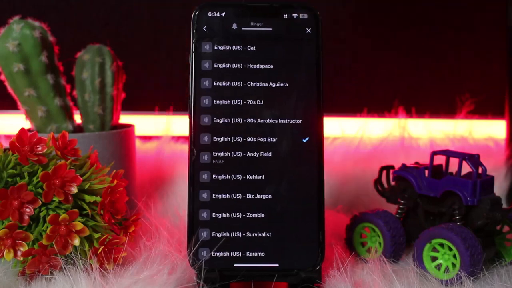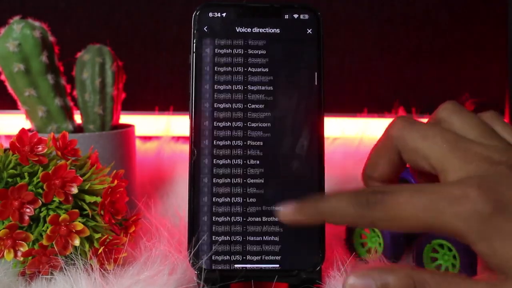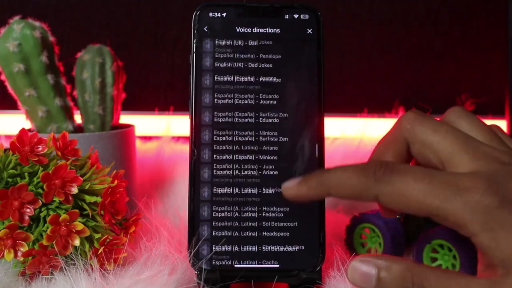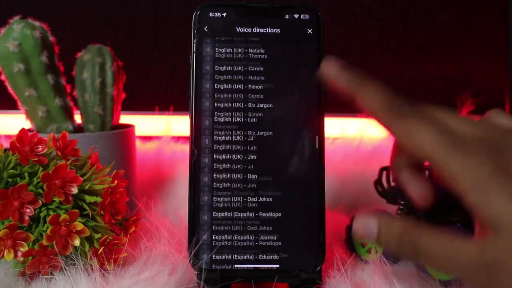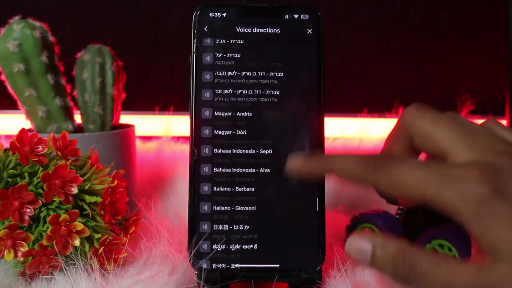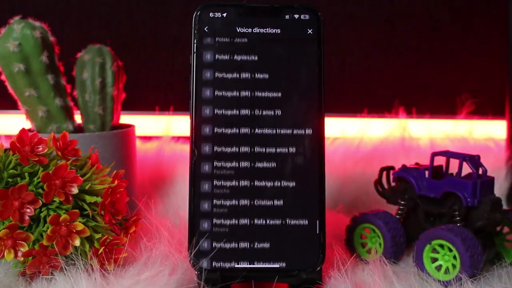So if there is any recommendation or any tone or something like this, then you'll be able to hear it on same voice. So here option of various voice, so you may also change it on Spanish, a French voice, Chinese, and you need to scroll down and you'll see the option which are here. So that's it. That's how you can change voice on